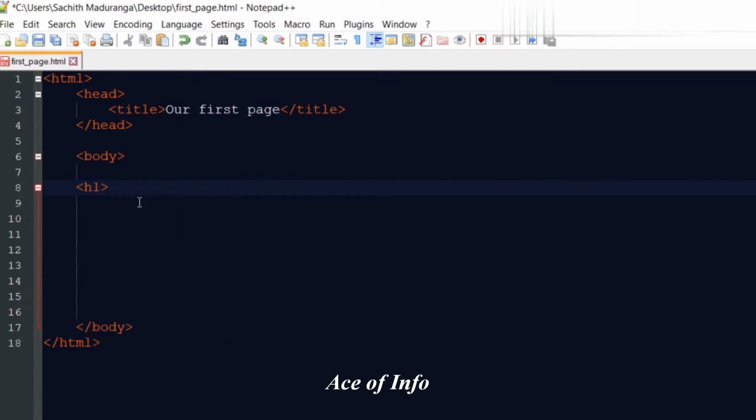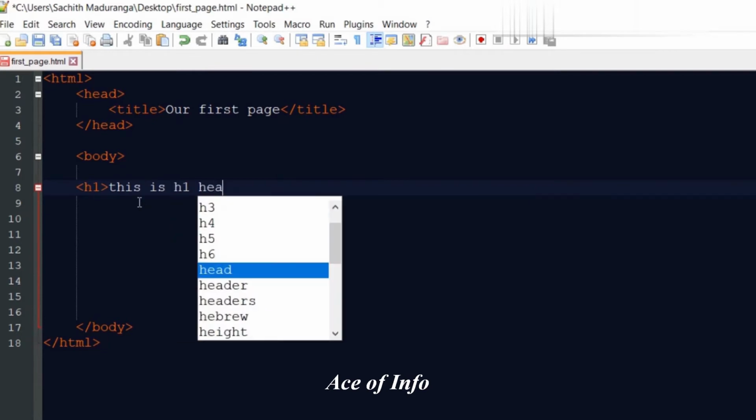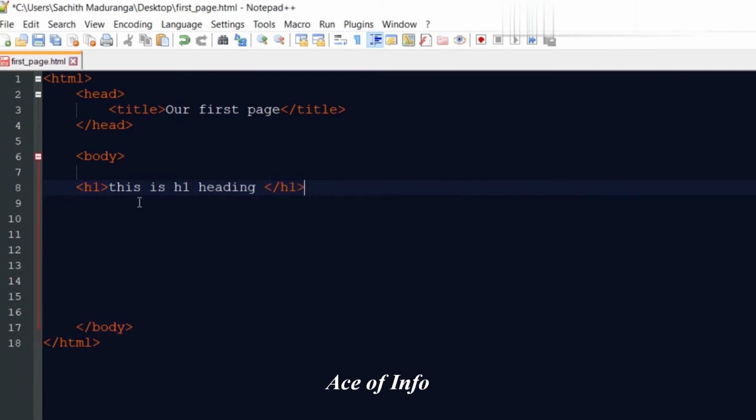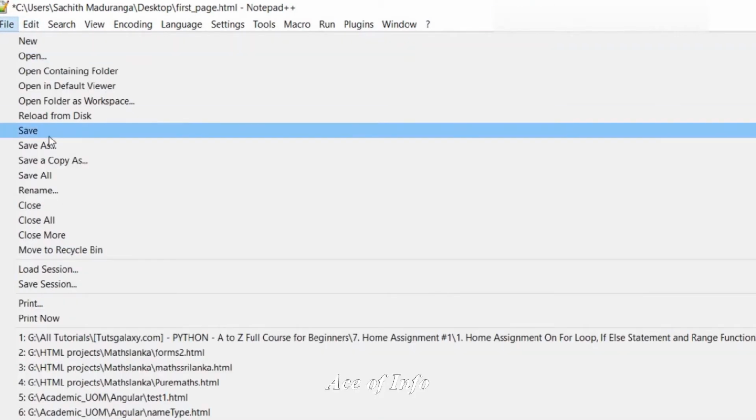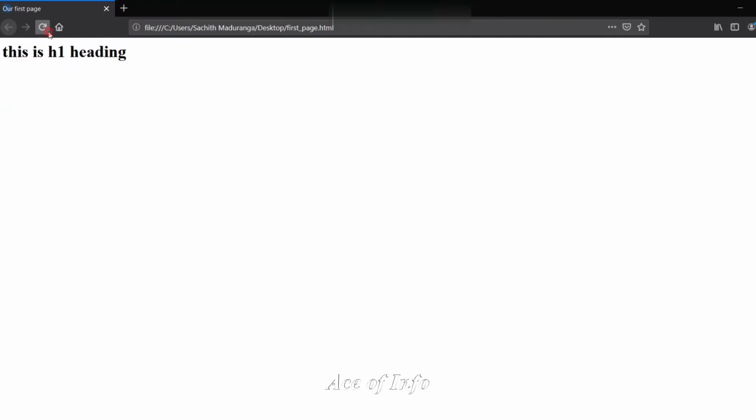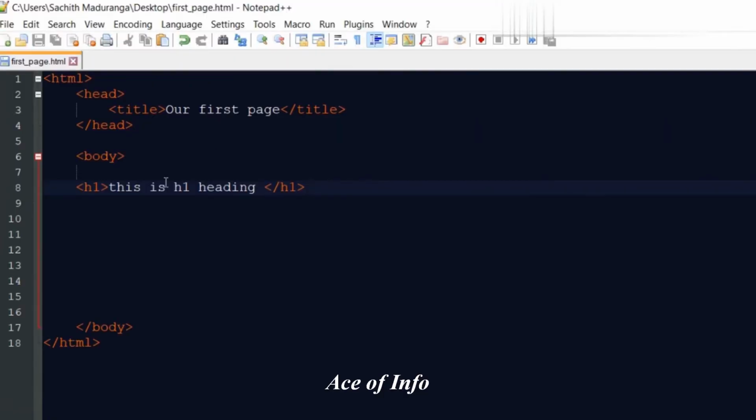Let's type this. This is H1 heading. Now if I save this, go to the browser and reload it, you can see it looks like a topic. Now this H1 is the highest level of headings. Just like this, I'm going to copy this,